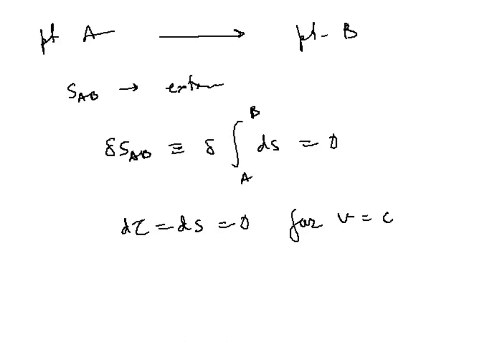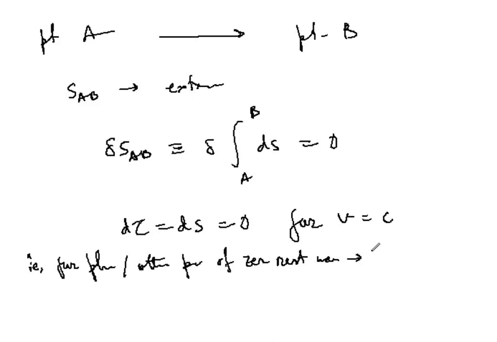That means for photons or other particles of zero rest mass, they move along null geodesics. Now for material particles,